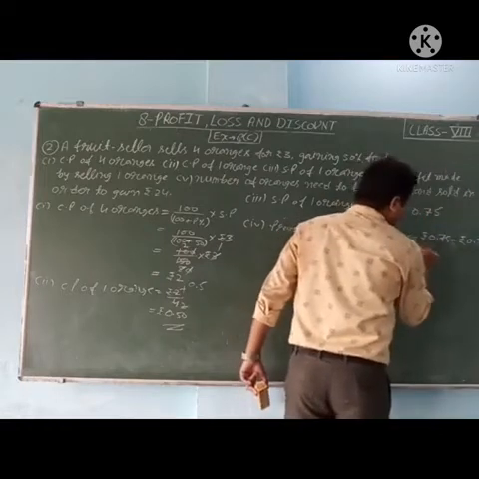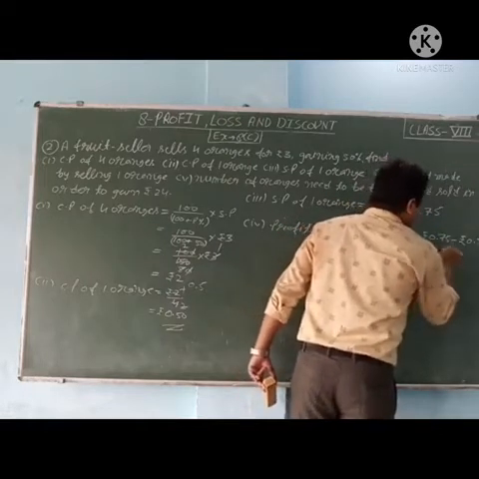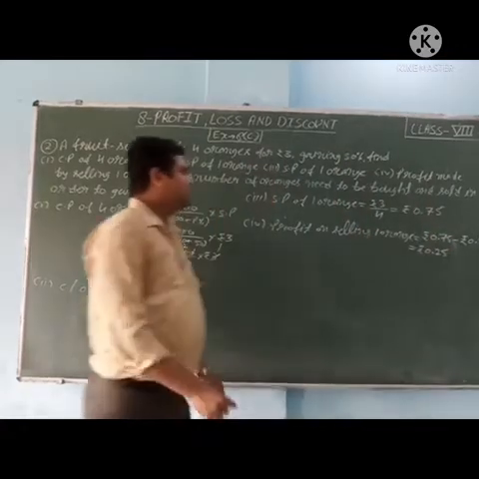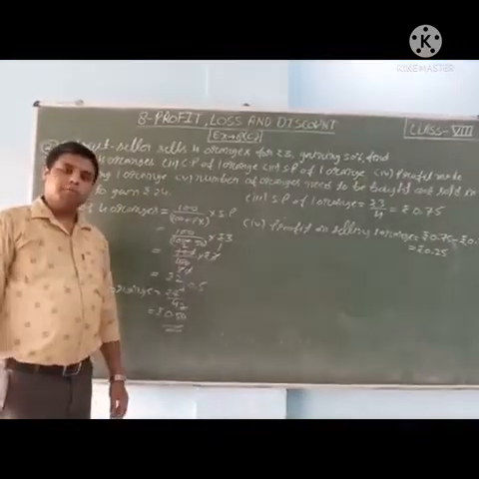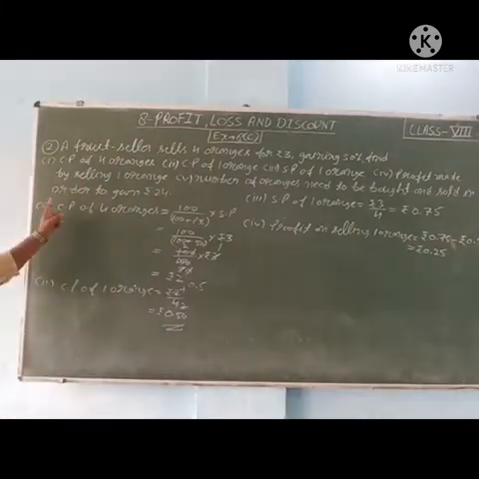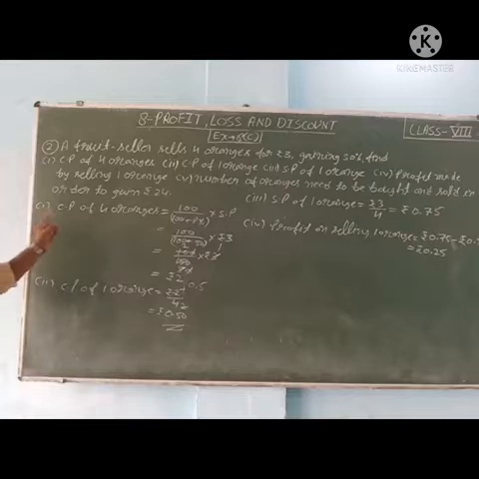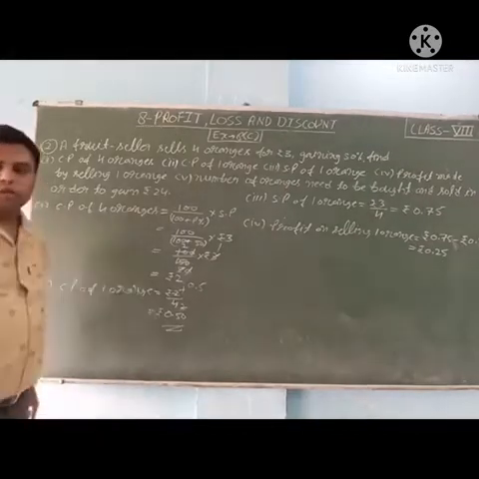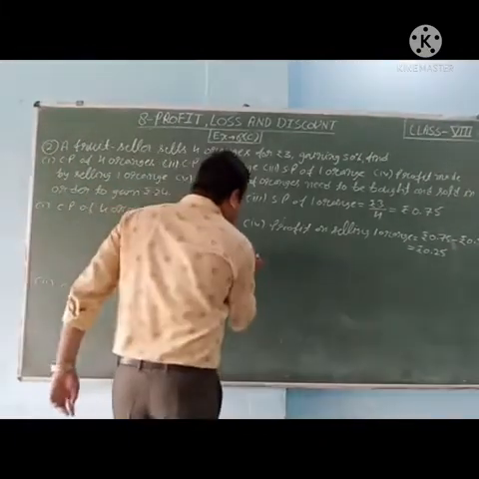It will come rupees 0.25. So selling profit on selling 1 orange is rupees 0.25. Then after this, the fifth part: the number of oranges that need to be bought and sold in order to gain rupees 24. So see, number of oranges